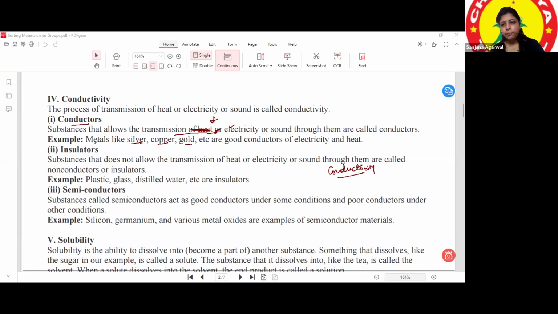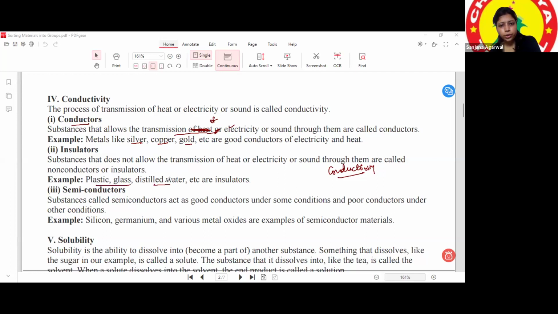Understood the concept of conductors and insulators? Conductors allow the electric current to pass through them. That's it, those are conductors. And insulators do not allow the current to pass through them. Again, you can see fabric, wood, rubber, such types of materials are insulators. Plastic also, glass also,